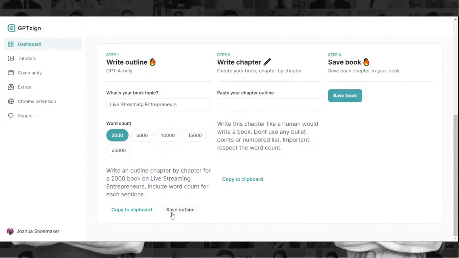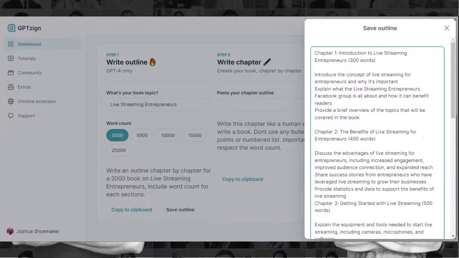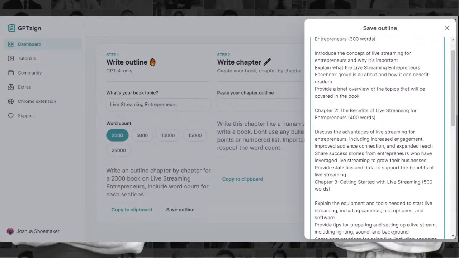Then here's what I want to tell you. This is one thing I did because I did play around with another book on something else. So you want to go here. Don't paste all your chapter 1, 2, 3, and so on.